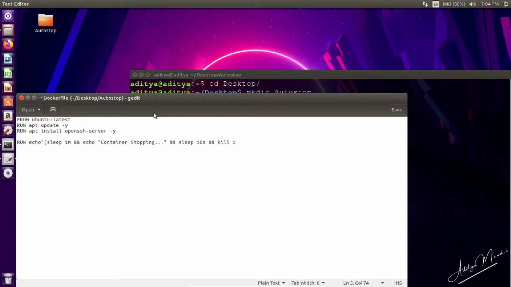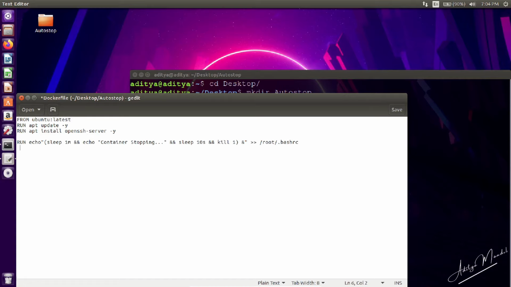I want all of this to run in background mode, as a background process, so that we can use our container terminal at the same time. So now we are going to save it in the /root/.bashrc file, so we have to add that line. Sleep is basically for the interval. After that we want our container to stop, and kill is the command which is going to kill our container, and 1 is the process ID.